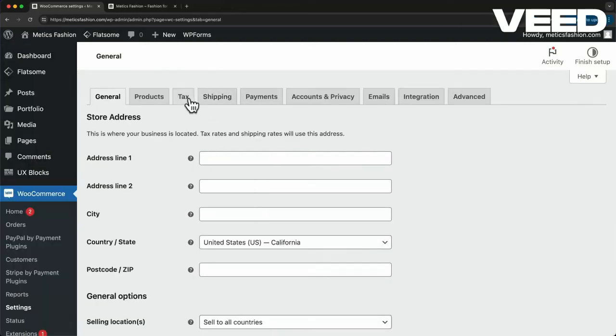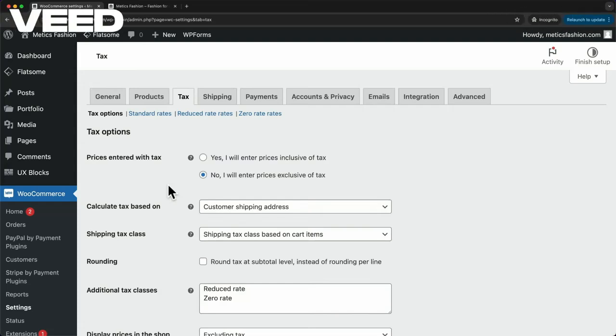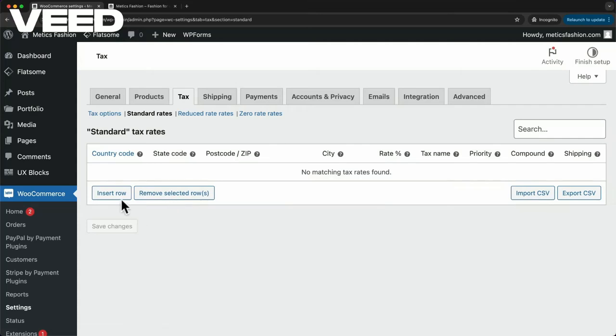And now up here we can see a new tab called Tax, so let's click on it. And here we can now set up our tax rates. So first I'm going to show you how to manually add your tax rates here, and then I'm going to show you another way how to automate calculating your tax rates using a plugin. So to enter our tax rates manually, we can just click on Standard Rates up here, then insert a new